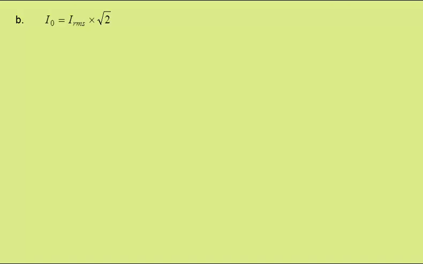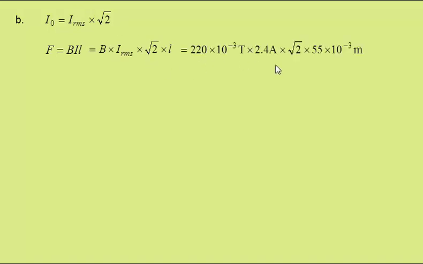Well, first the peak current is given by the RMS current times √2, and the force is given by the magnetic flux density times the current times the length. Putting in this value for the current, and then putting in all the values given in the question, gives a force of 0.041 newtons,